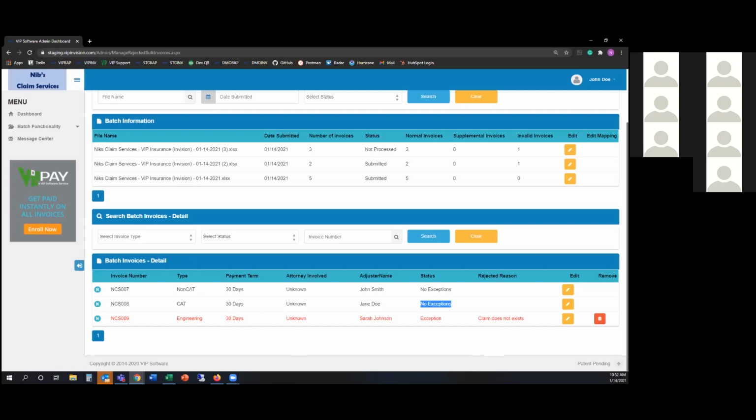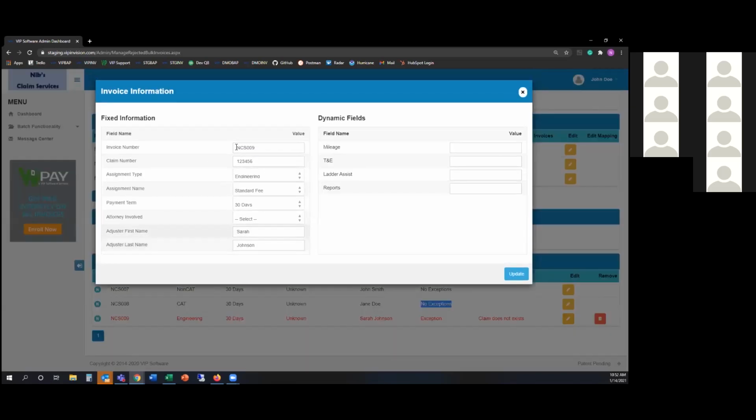And I have 2 options. I can edit that particular line item or I can delete it. Deleting it, I would say use that as the second option. Always edit it first because when you edit it, it will open up an interface where you're allowed to say,